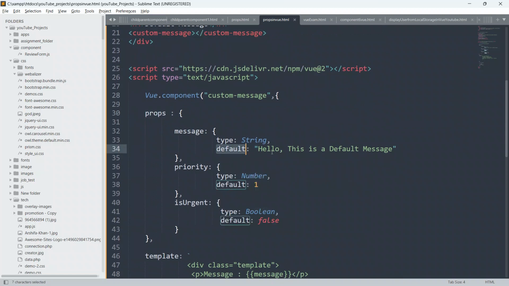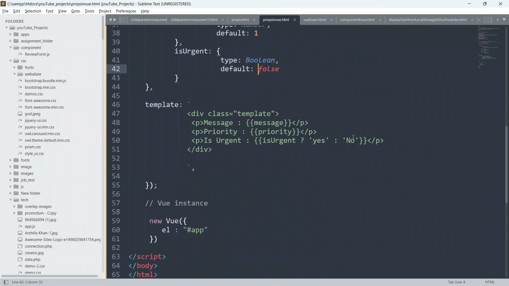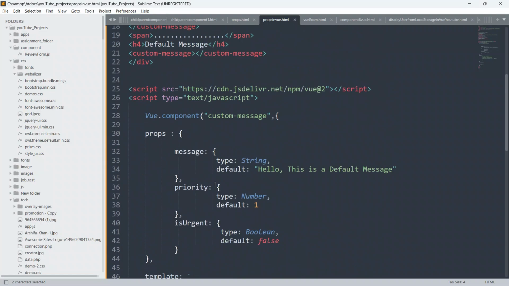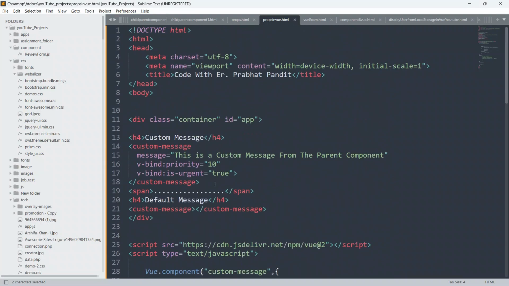The default value will be hello, this is the default message, the default priority will be 1, and is urgent is a false by default, so we will see no. That's why we can see here hello, this is a default message, the priority is 1, and is urgent is no.